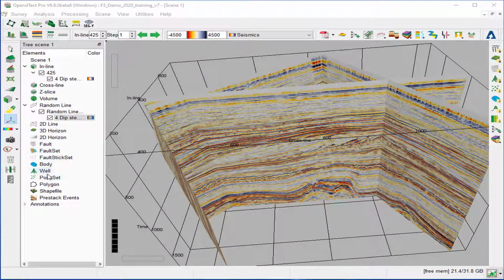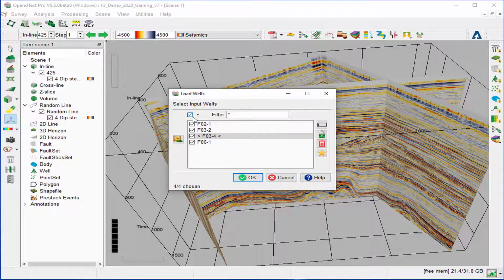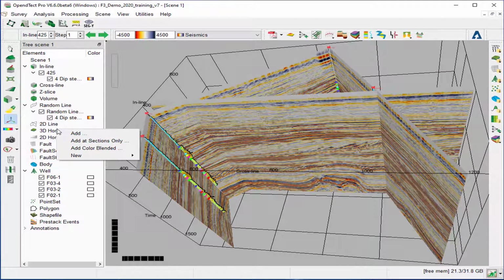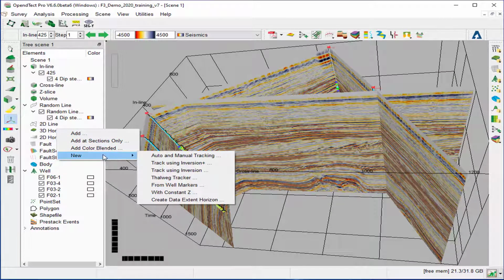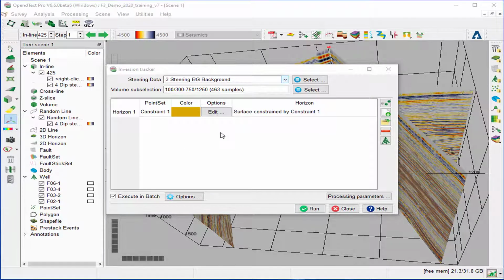Add the 4 wells to the scene, right-click on wells, add. We select all the 4 wells and OK. Then right-click on 3D horizon, new, and track using inversion. In the Inversion Tracker window, we select as steering data